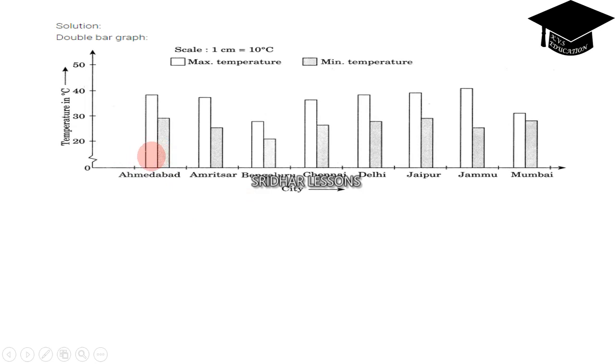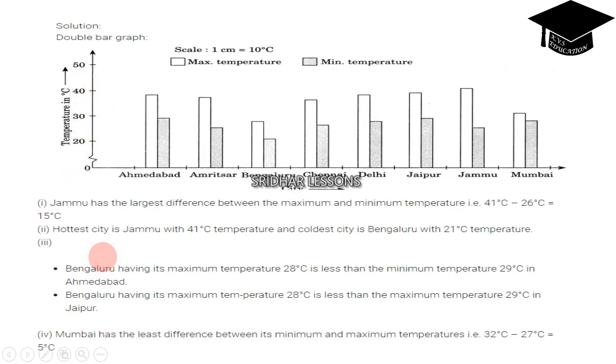This is the double bar graph. Taking the scale as 1 centimeter is equal to 10 degrees centigrade. Okay, this white colored bar indicates maximum temperature and the shaded one indicates minimum temperature. These are the cities: Ahmedabad, Amritsar, Bangalore, Chennai, Delhi, Jaipur, Jammu as well as Mumbai. Since we have taken the scale 1 centimeter is equal to 10 degrees, 20, 30, 40 and 50 degrees centigrade. For question 1, the answer is Jammu has the largest difference between the maximum and minimum temperature,